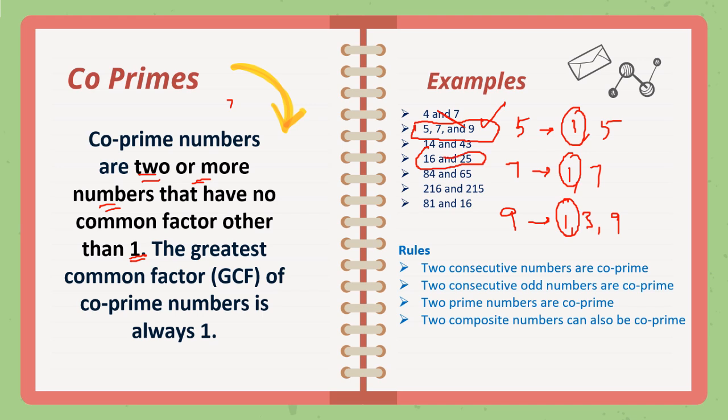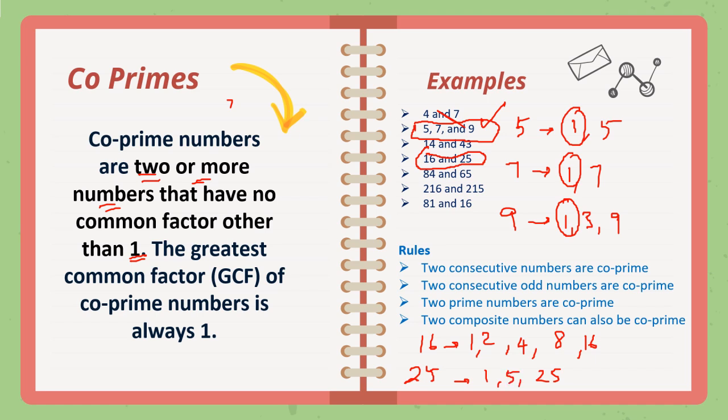And I believe you all know that both 16 and 25 are not prime numbers, because if you take the factors of 16, you have 1 and 16, then 2 and 8, and you still have 4 as a factor. So 1, 2, 4, 8, 16 are factors of 16, and the factors of 25 are 1, 25, and then you have 5 as another